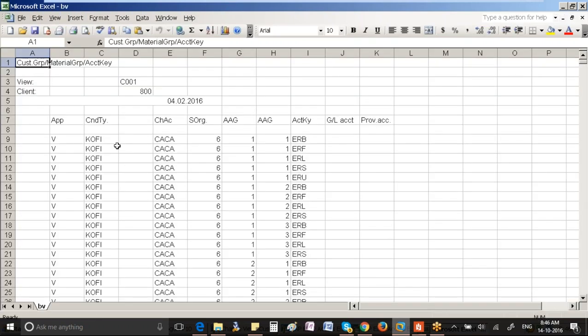This is how the system will export everything into an Excel sheet: the combination, application, condition type, chart of accounts, sales org, account assignment group, and the GL account and provisional account. Next to that, you will add one new field called description. Why? Because you know what ERB, ERF and ERL are for, but your FI guy doesn't know. So you will give a meaningful description here: ERB for what combination, ERF for what combination, ERL whether it's a revenue or a freight or a tax. With a meaningful description you will enter all these things,